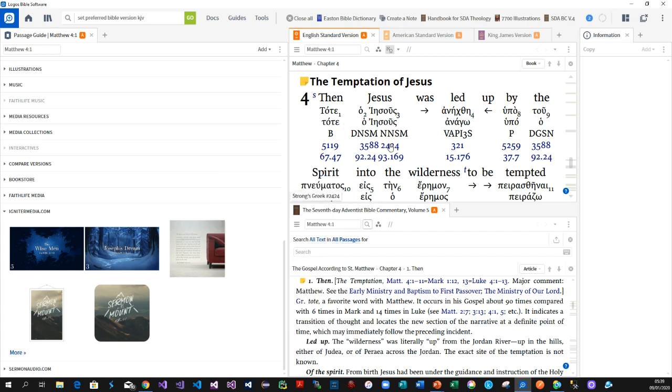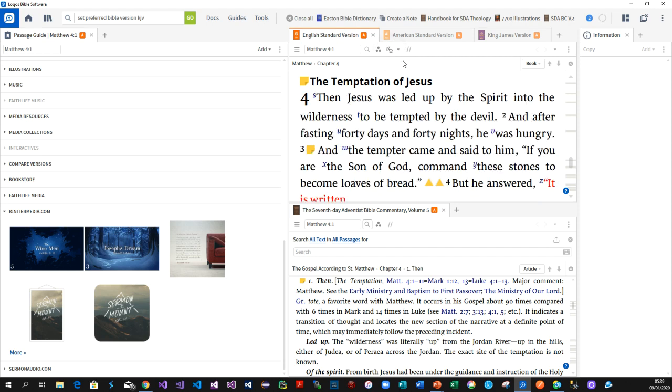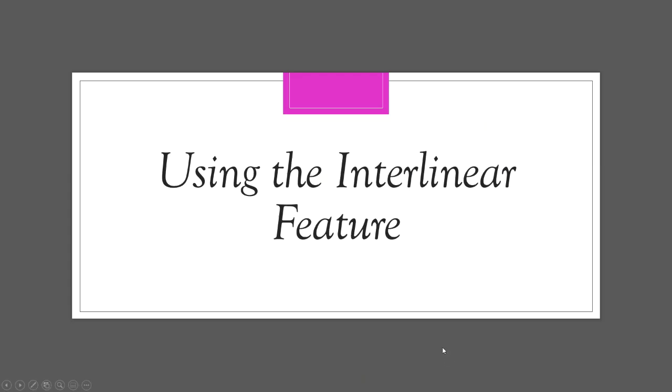dictionaries. You can see how each word is broken down and the different translations of the words. All right. Now, that's the interlinear feature for the language people. Then another useful section is the information